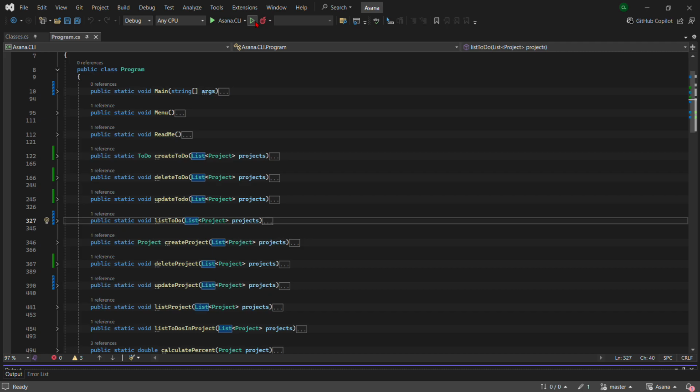You will not be able to do anything until you create a project, basically. And then that's the ID of the project. There's no projects without ID, and there's no projects in general. And the reason why I'm inputting 1 for these create, delete, update, and then delete and update a project, and also listing the to-dos in the project,